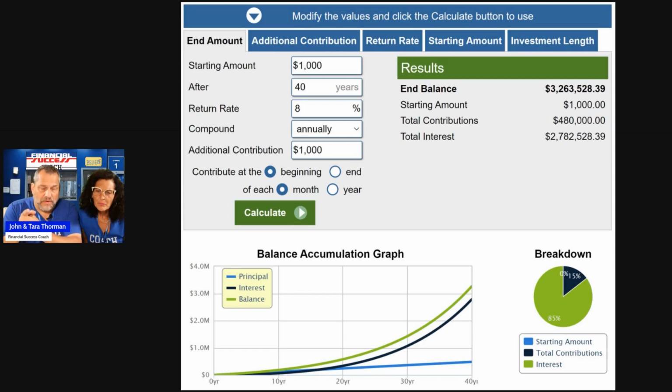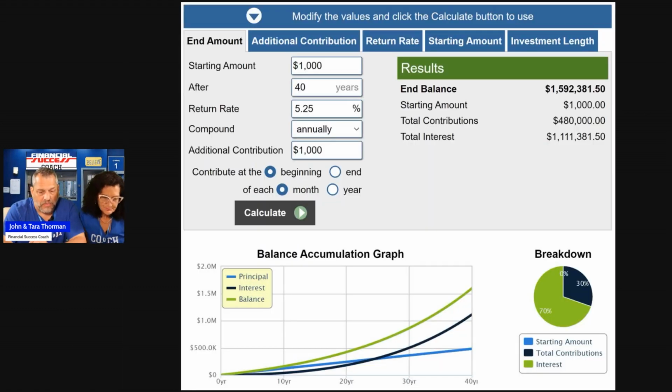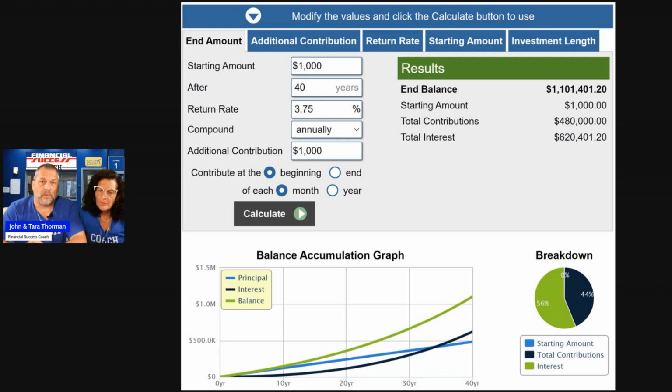So if you're looking at saving $1,000 a month over 40 years, because I want you to start early, when you're 20 or when you're 25, you've got to start early so that the compounding effect of money can work for you. If you put $1,000 a month away for 40 years at an 8% rate of return, that's $3.2 million. Okay? If you did it at a 10% rate of return, it'd be almost $5.7 million. The rate of return matters, okay? But it matters more over a long period of time because of the compounding effect of money. But look what happens if you had 5%: $1.5 million. If you had 3%: $1.1 million.